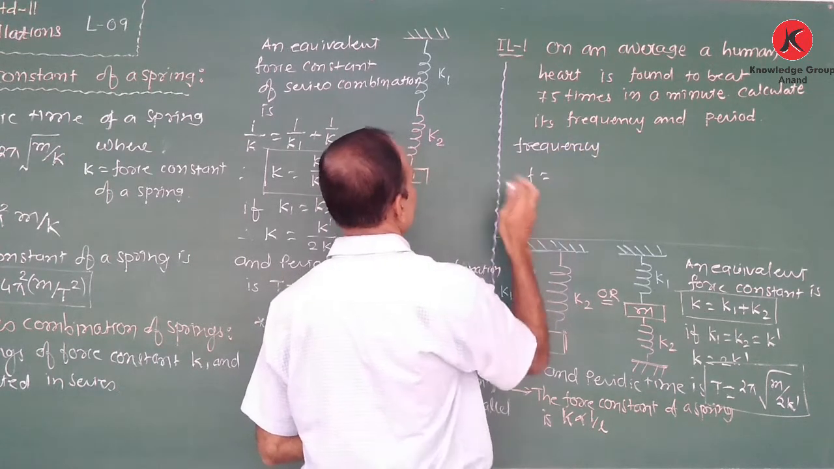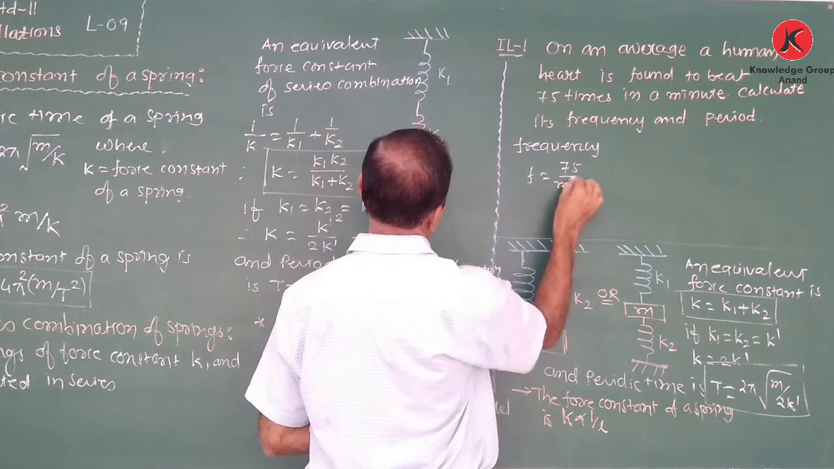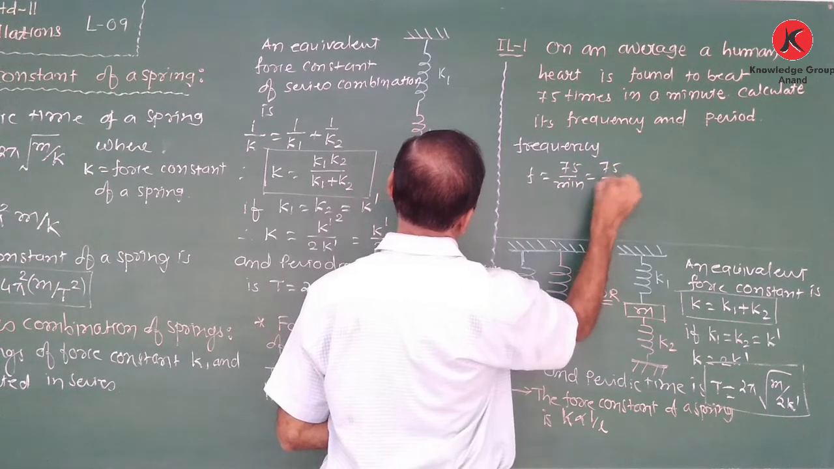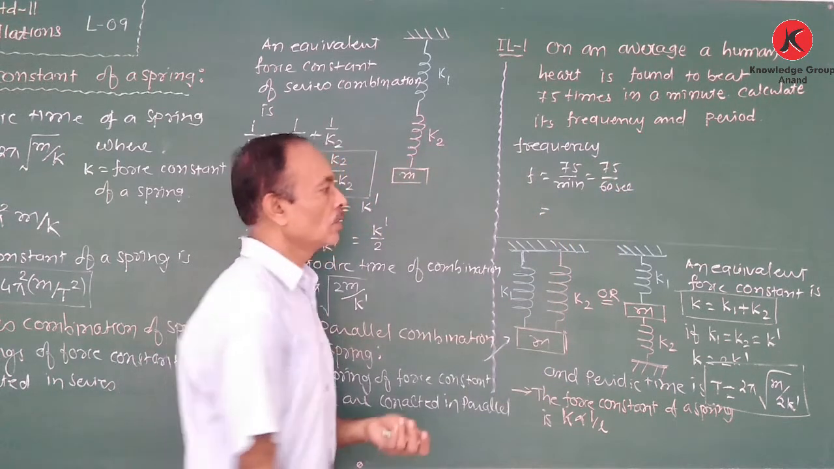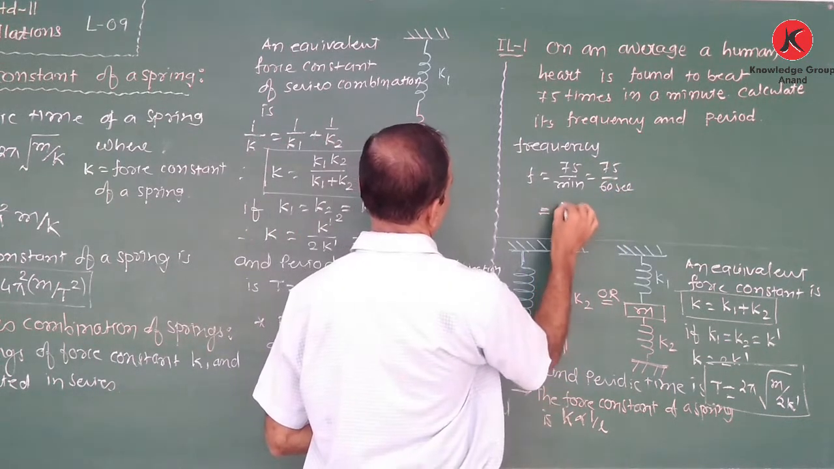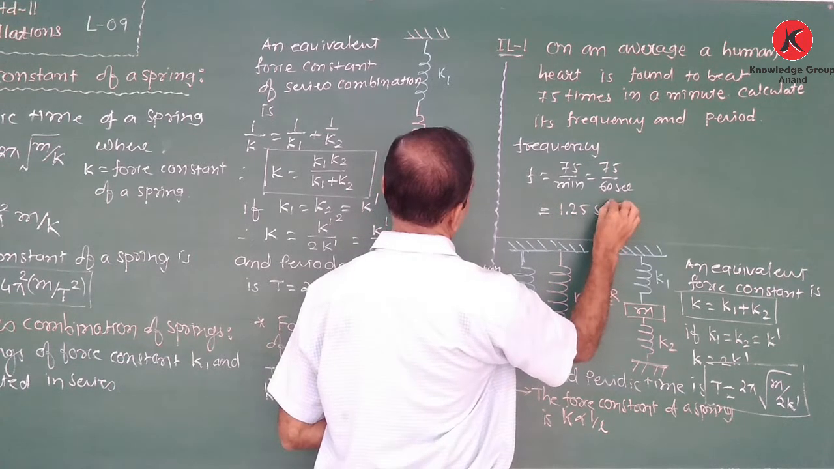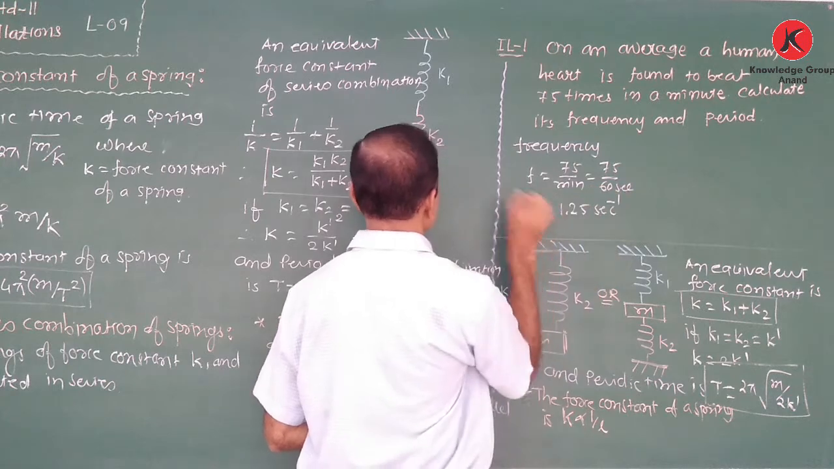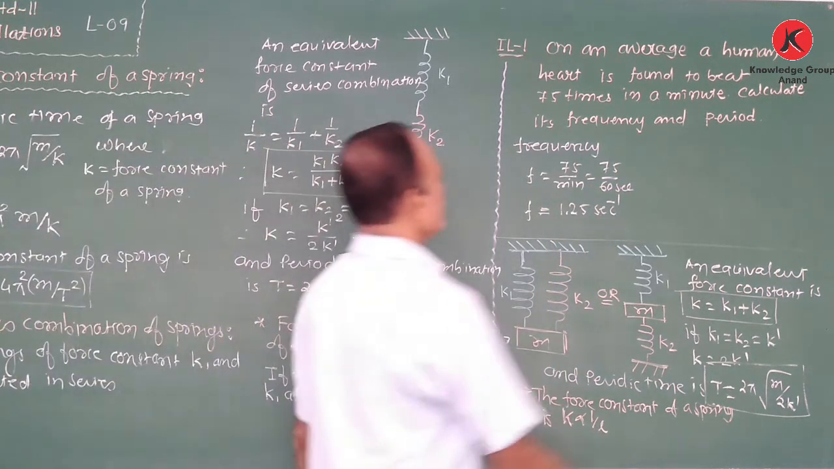Frequency f is equal to 75 per minute, which is equal to 75 upon 60 seconds, which is equal to 1.25 per second, or second inverse. That is the frequency. And periodic time T,